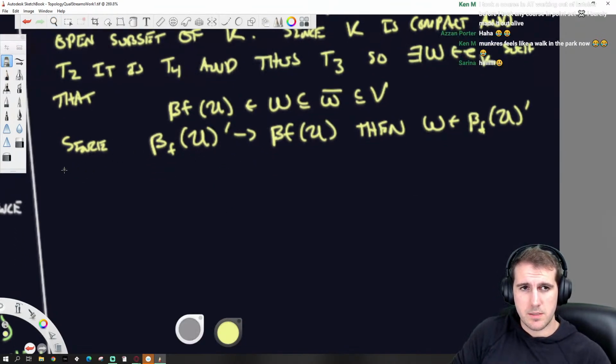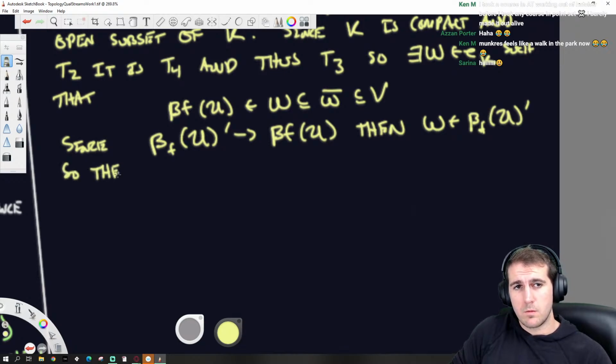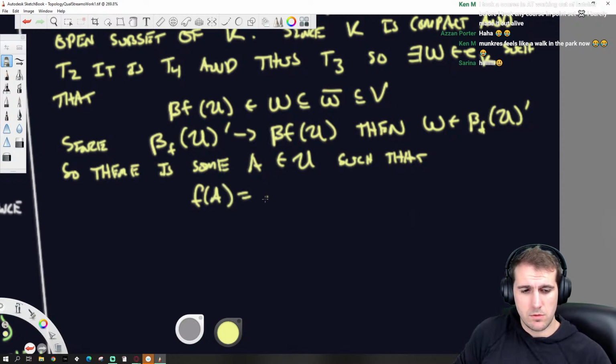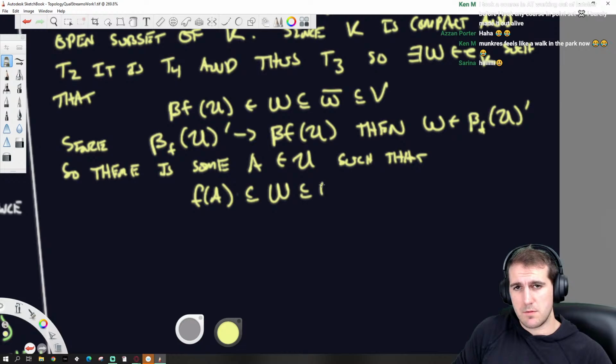So there is some A within U such that F of A is a subset of W, because again, the function may not be onto, so F of A is a subset of W, which is a subset of W closure.